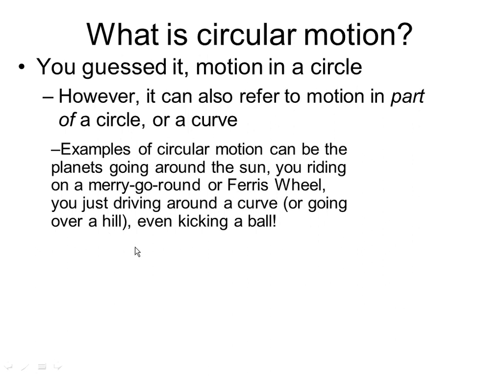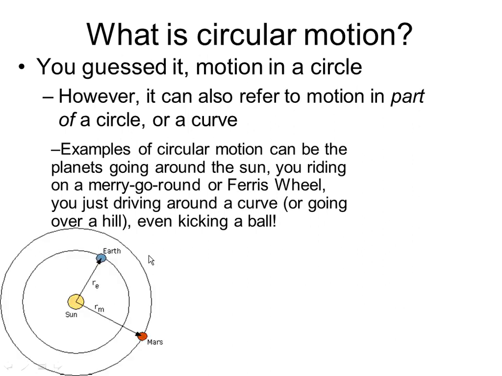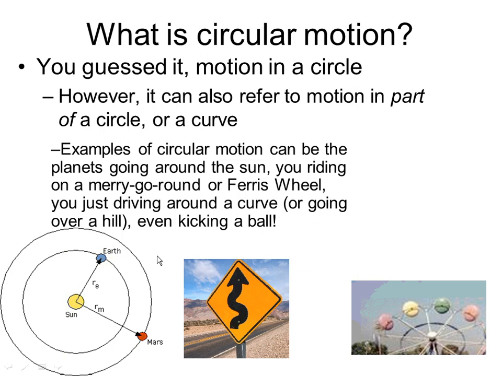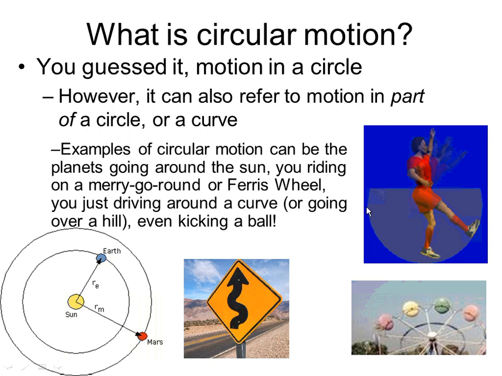All right, so other ones that I had come up with, we already said the Ferris wheel. Driving around a curve, going over a hill, even kicking a ball. You say, how is kicking a ball circular motion? Is that because the ball is a circle shape? Not necessarily. As you're pulling back and swinging your leg forward, you probably don't swing it all the way from here up to there,